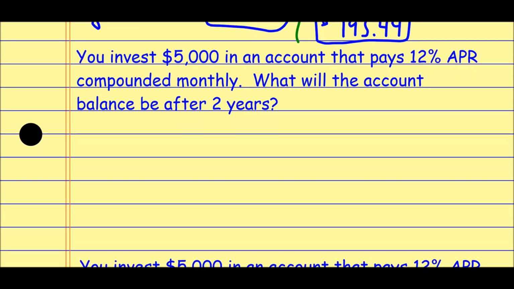So something like this guy, you invest $5,000 in an account that pays 12% APR compounded monthly. So right away, you should realize the units don't match. APR is a yearly percentage, but it's compounded monthly. What will the account balance be after 2 years? Okay, and so if I try to use the bare bones minimum formula,